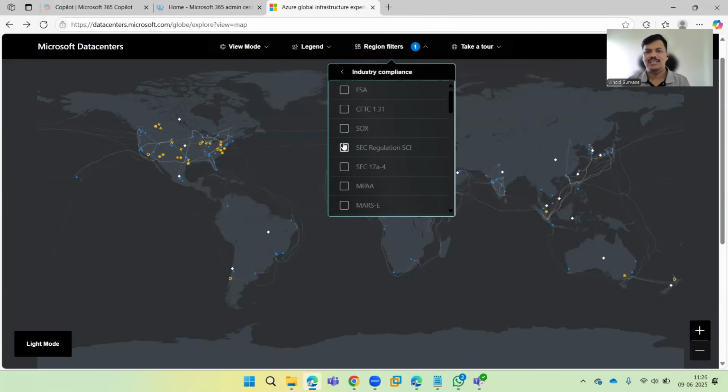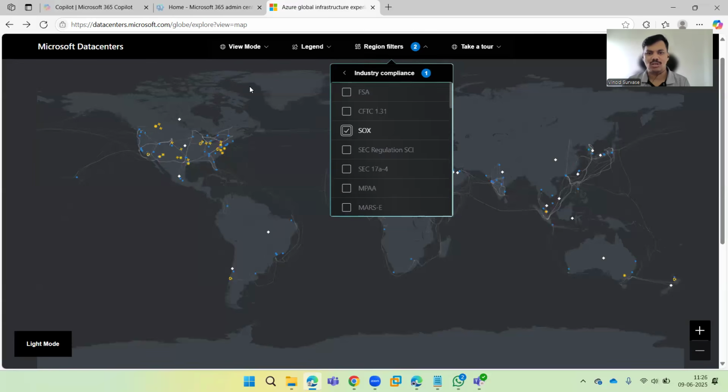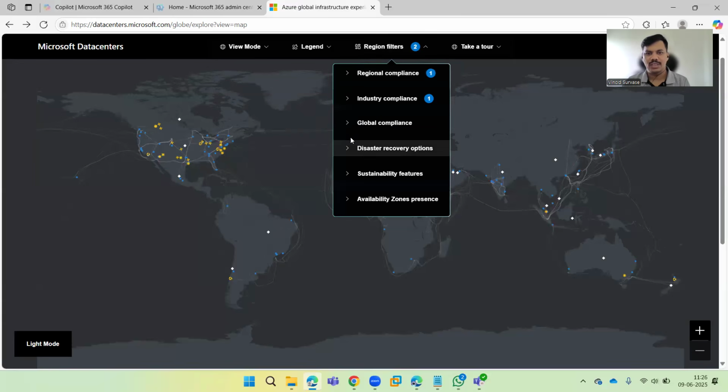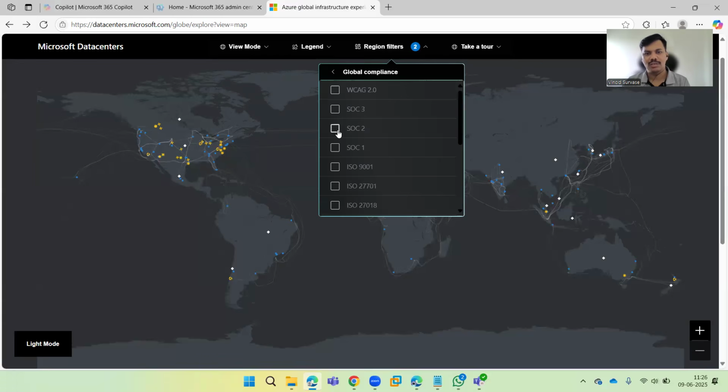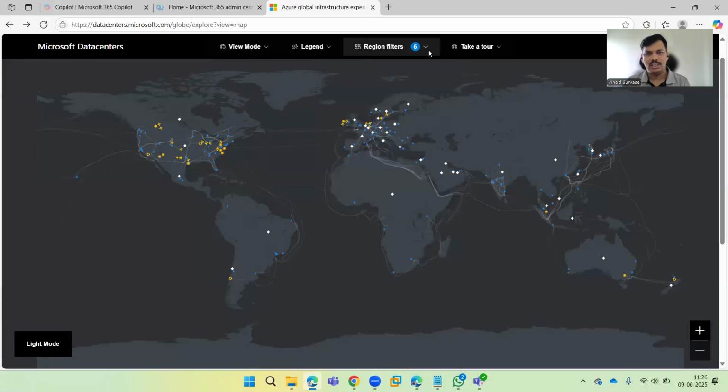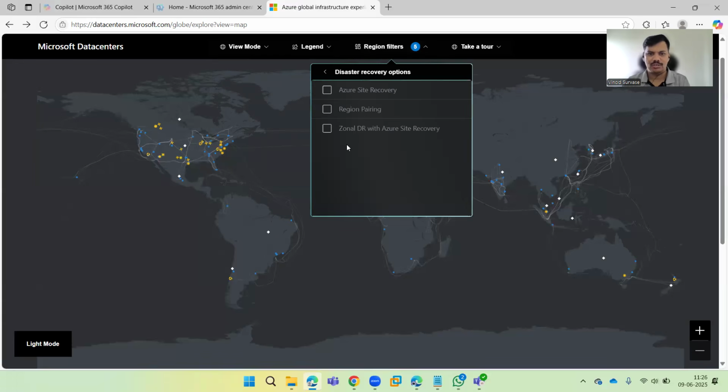Under industry compliance, let's say I want to see SOX. Then under global compliance, I want to see SOC 1, SOC 2, SOC 3. And then I would also go to disaster recovery, whether Azure Site Recovery, regional pairing, or zonal DR